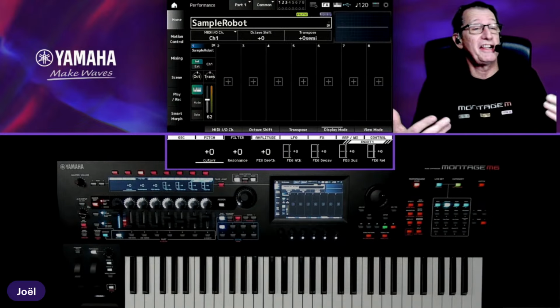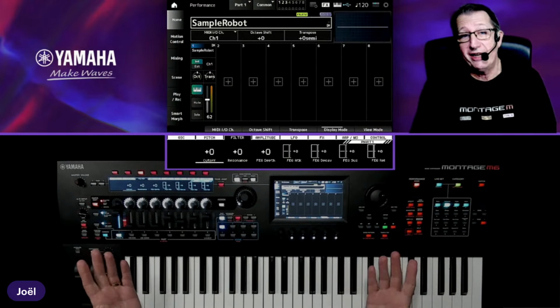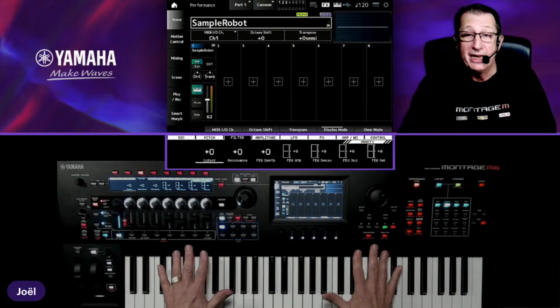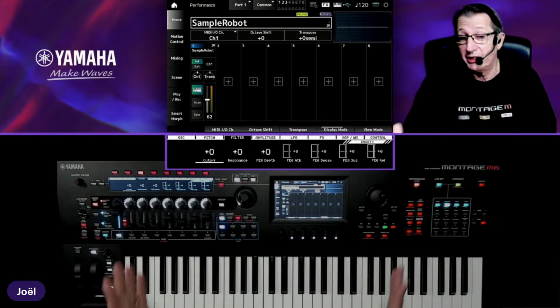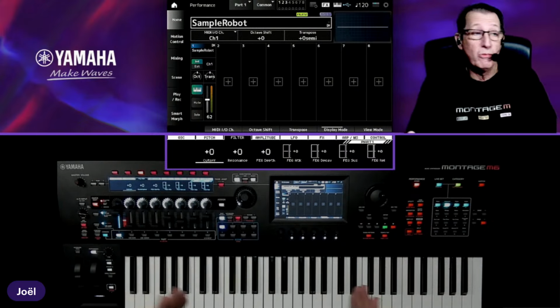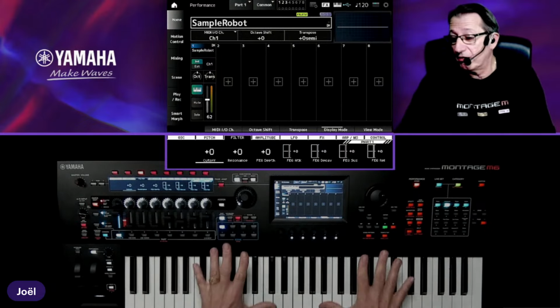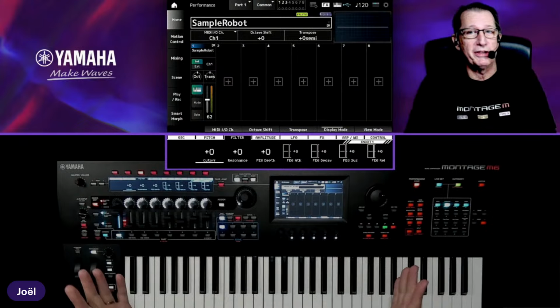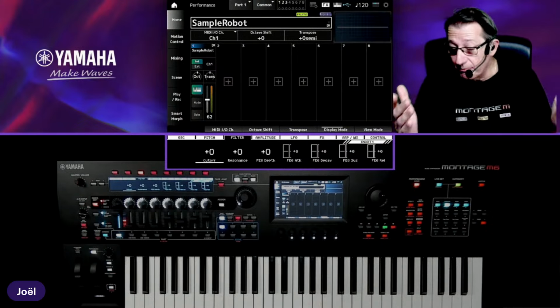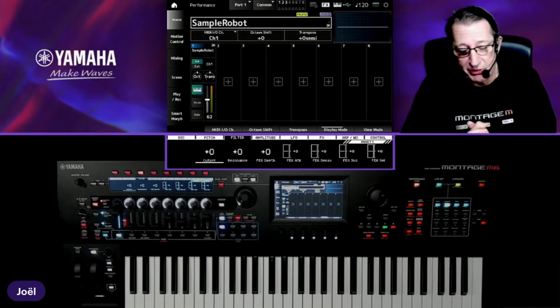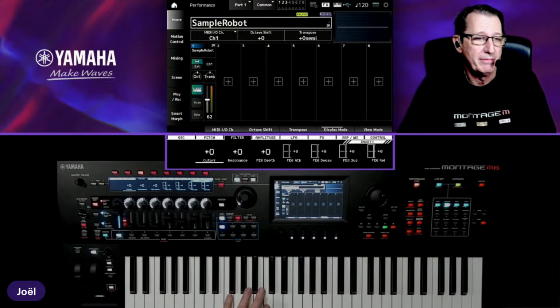You want to sample it because you want to go on stage only with your Montage M. And now with Sample Robot for Montage M and MODX Plus, you can sample one of the synths, one of the rack, and take the sound and put it on the MODX Plus or Montage M and go on stage with it. But, if you want to sample that sound,